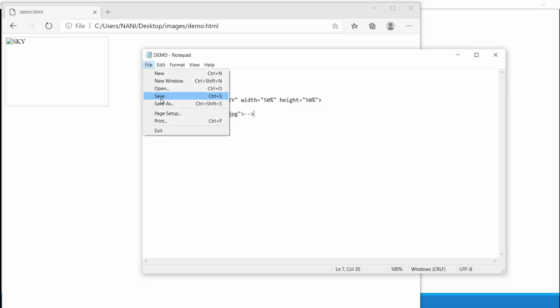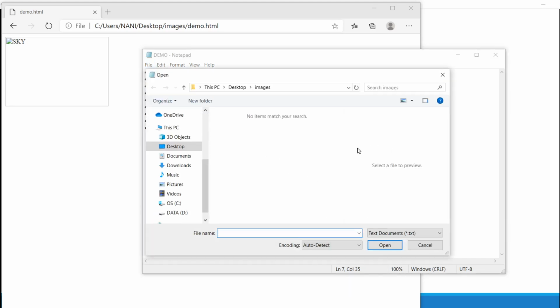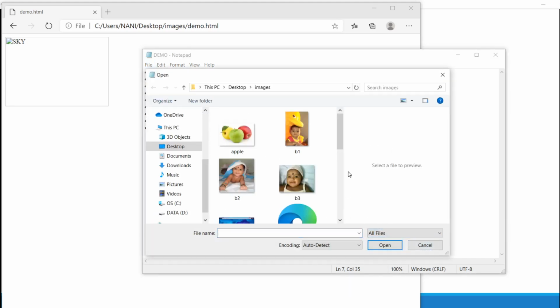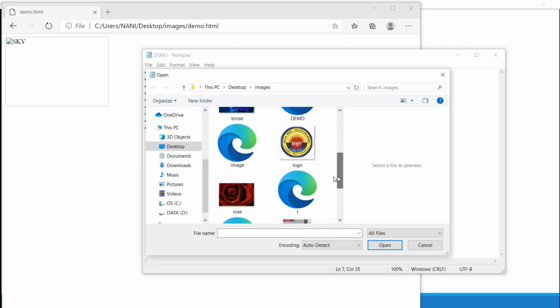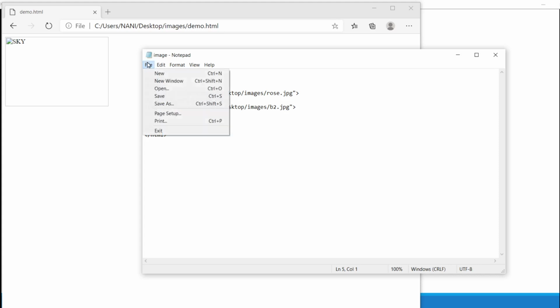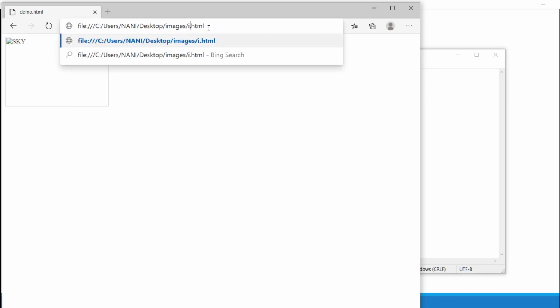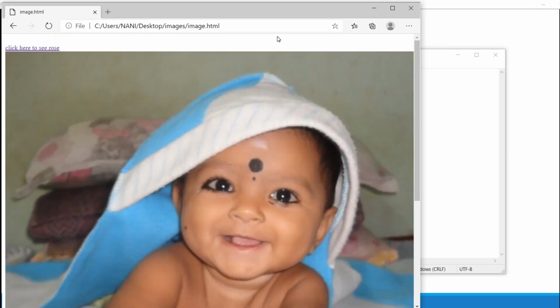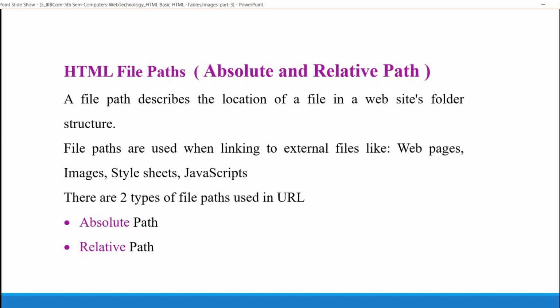See the other example. In the previous example we have seen this.